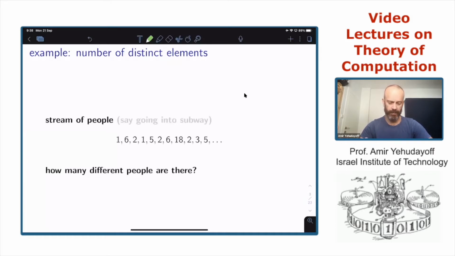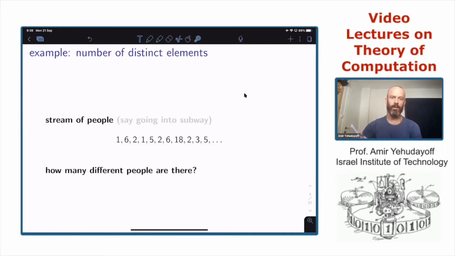So in this specific example, there is 1, 6, 2, so these are 3 people, 5, 4 people, 18, and 3.